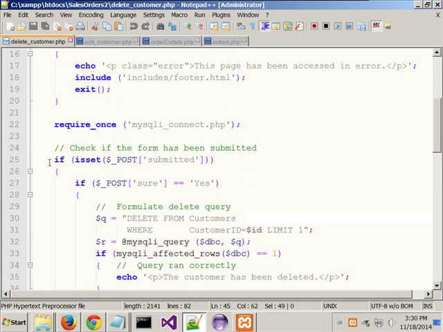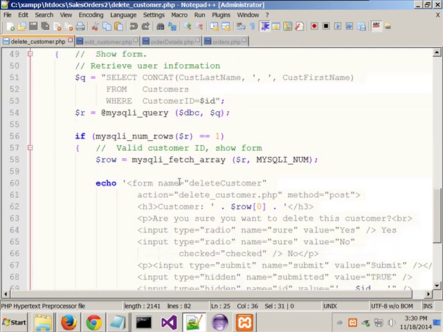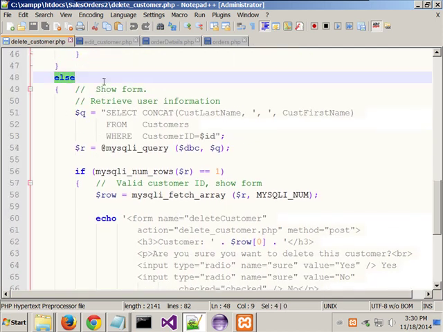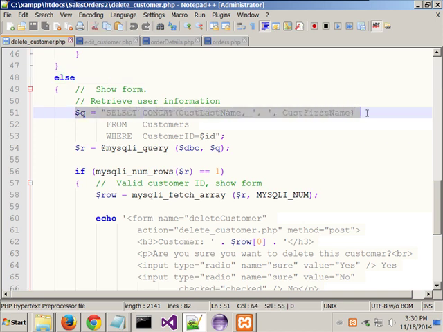So if we get down to the bottom and you haven't submitted it yet, then we want to show the form. And we want to retrieve the customer's information. All we're grabbing is the last name and the first name. So in other words, when we come in here,